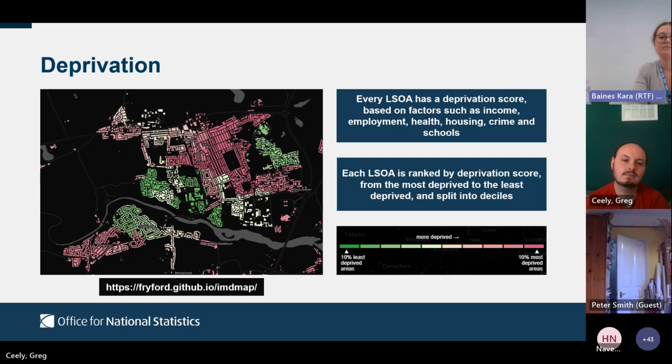It's really just to show you what kind of variation in outcomes you can expect at lower super output area level. You've got some very, very deprived areas almost existing, as Michael Marmot would say, cheek by jowl with very, very affluent areas right next to them. So that's the reason why we're taking this approach in such a small, granular geographical area. Next, please.